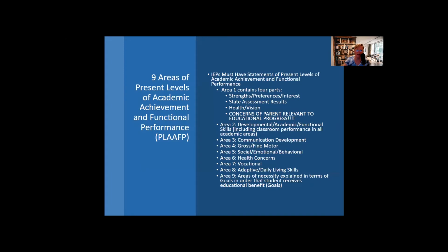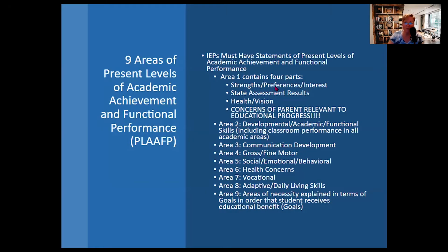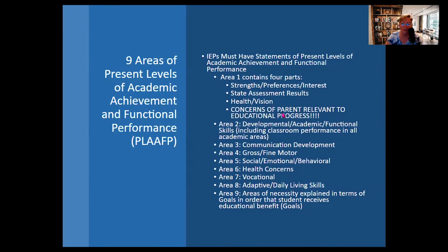Now, there are 9 areas of present levels of academic achievement and functional performance. The first one up here: IEPs must have a statement of present levels of academic achievement and functional performance. Area 1 is actually broken out into 4 different pieces. So, what are your child's strengths, preferences, interests? Any state assessment results that they might have taken? What is their health and vision? And of course, the concerns of the parent relevant to educational progress,